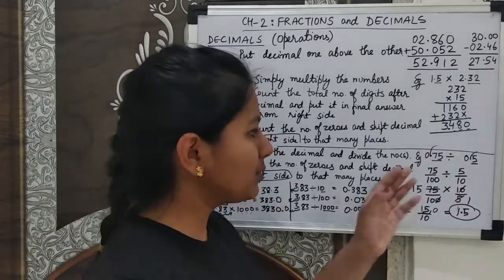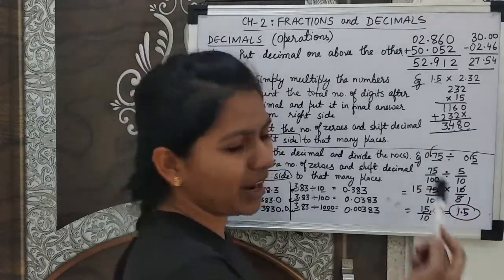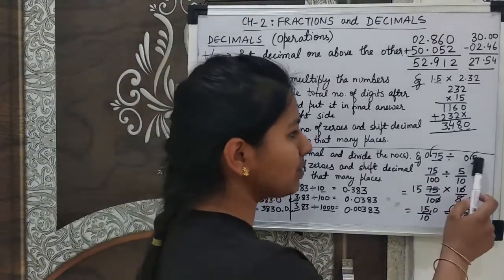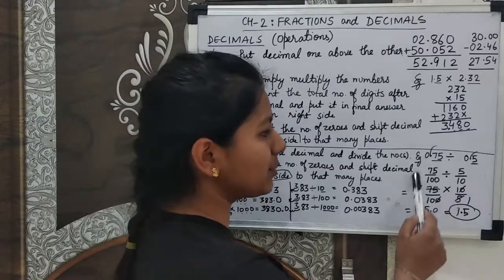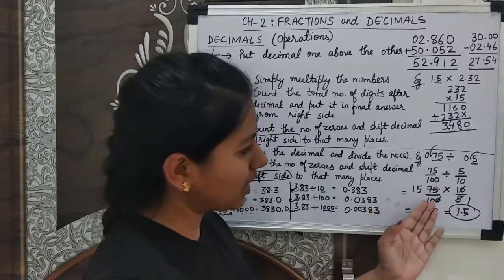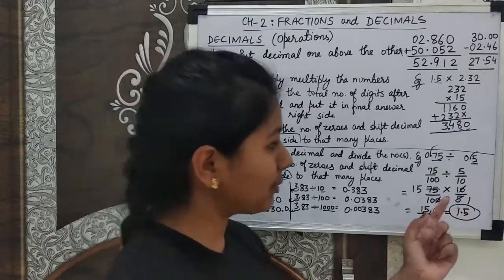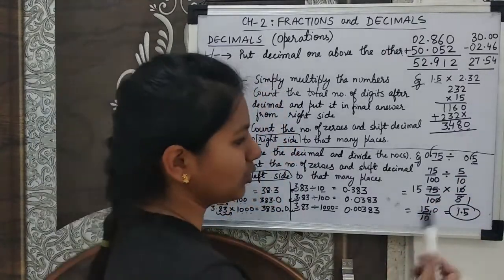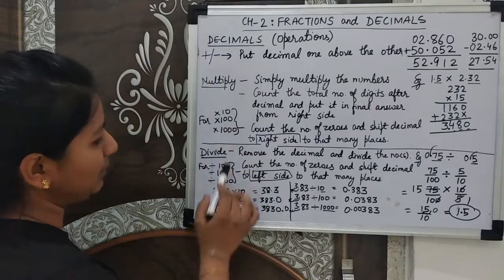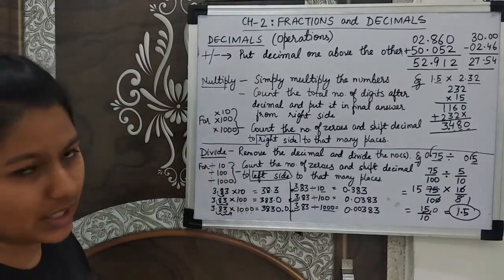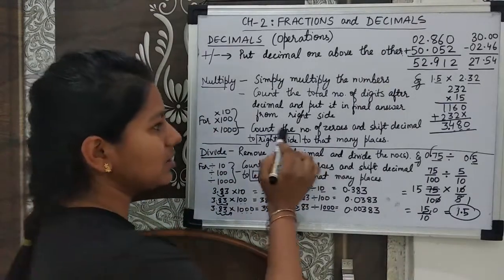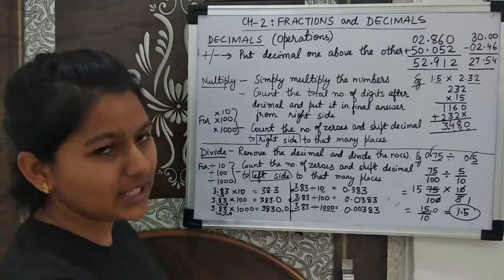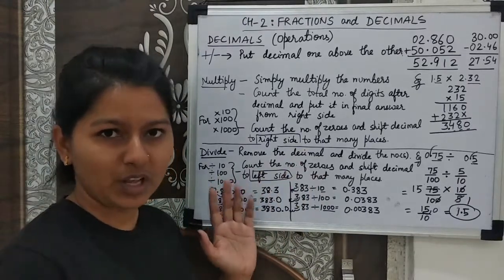डेसिमल्स को रिमूव कर देंगे, और डेसिमल्स को रिमूव करने की टेक्निक क्या होती है, अगर डेसिमल्स रिमूव होंगे तो वो फ्रैक्शन के फॉर्म में आ जाएंगे। If after decimal 2 digits are there then 100 will come, if after decimal 1 digit is there then 10 will come। Then it's a simple question of divide, और डिवाइड में हम क्या करते हैं, पहला नंबर सेम रहता है, then 2 changes are taking place simultaneously, divide is changing to multiply and there is reciprocal of 5/10, and you can simply solve it। And if it's multiplication and division with 10, 100 or 1000, in that case it becomes more easy, just counting the number of zeros and shifting the decimal। If it's multiply we will shift to right side, if it's divide we will shift to left side।